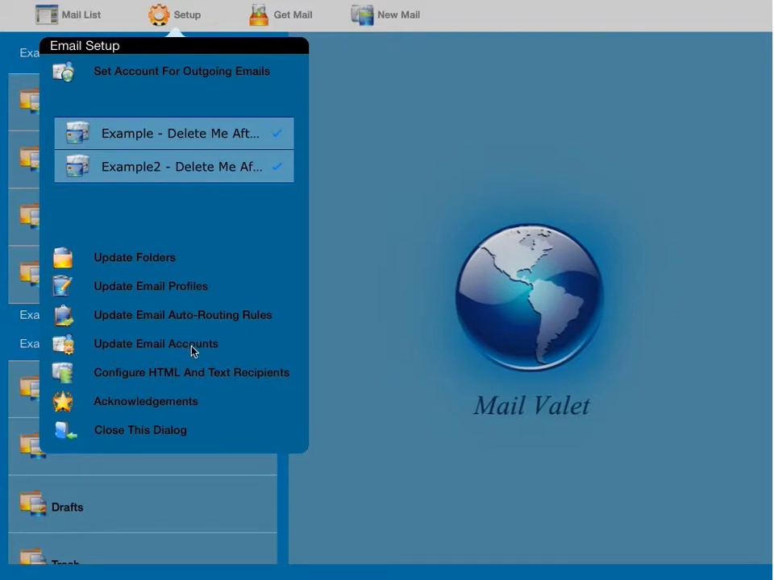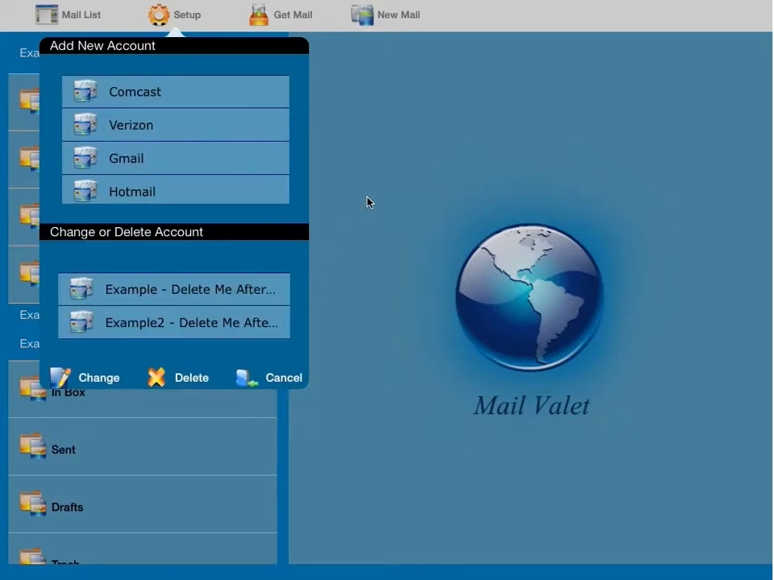Email accounts are either added, changed, or deleted using the Update Email Accounts function. And as an example, we'll go ahead and bring up the account selection dialog. From this point, we are able to select an existing account to change it or to add a new account, and that will go to another more detailed dialog to set up all the details of the account. For purposes of this overview demo, we will not go into that at this point. So we will close this,